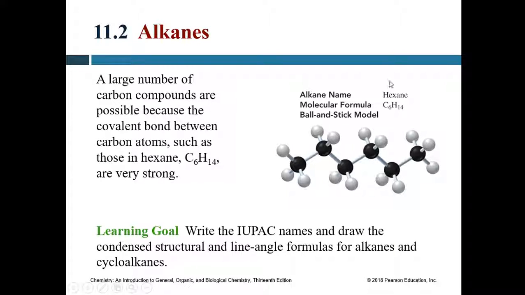11.2 Alkanes. A large number of carbon compounds are possible because the covalent bond between the carbon atoms, this carbon to carbon, is very strong. And so this is why they make such a backbone of living molecules, anything that once lived. So the goal is to write the IUPAC names and draw the condensed structural and line angle formulas for alkanes and cycloalkanes, which you probably only know a couple of those words there, and we will learn those in this